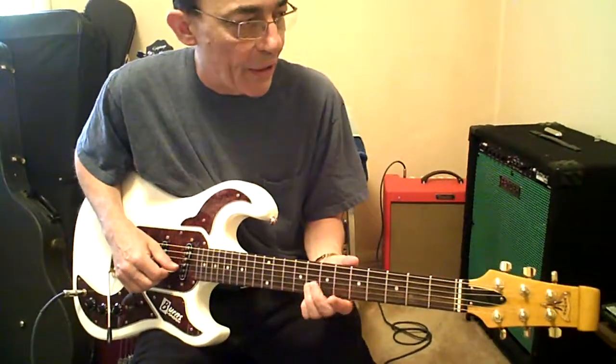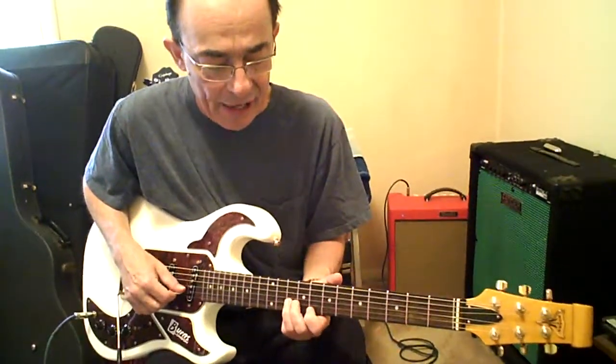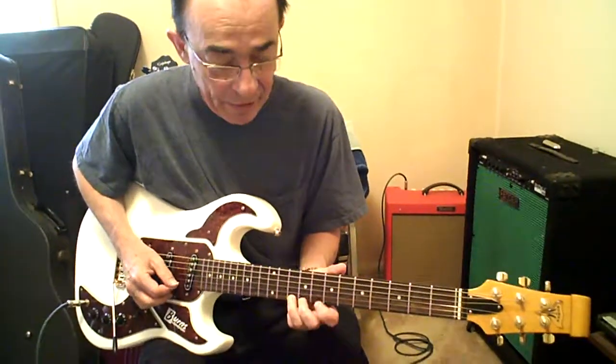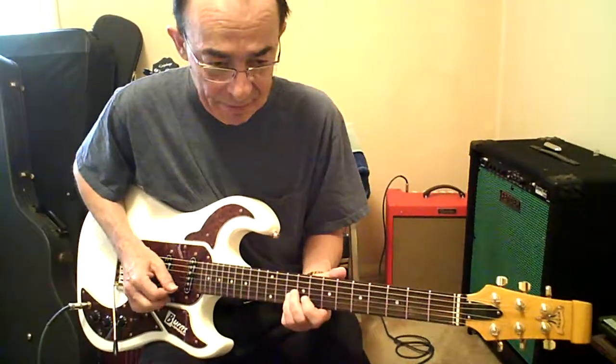So we've got third finger 8 on the B. Slide to 10, then hit the high E 8 and back to that last note on the B string. Skip to the same fret on the high E string, 10. Half step bend, 8 and 10 bend. So we've got